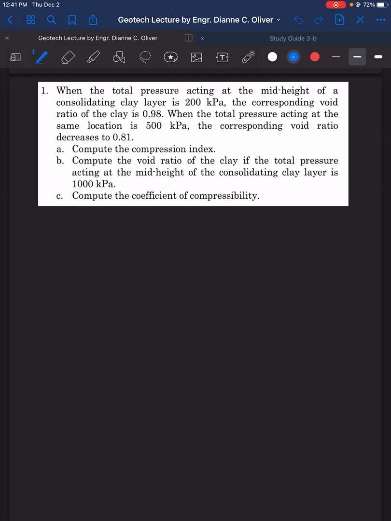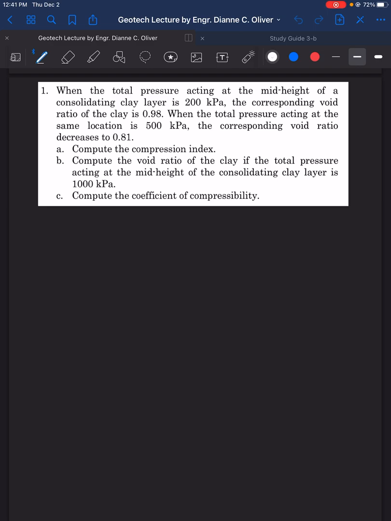Okay, so there are formulas that I wasn't able to mention, but you can have it from our sample problem. Number 1: when the total pressure acting at the mid-height of a consolidating clay layer is 200 kilopascal, the corresponding void ratio of the clay is 0.98. So if we write that one, the